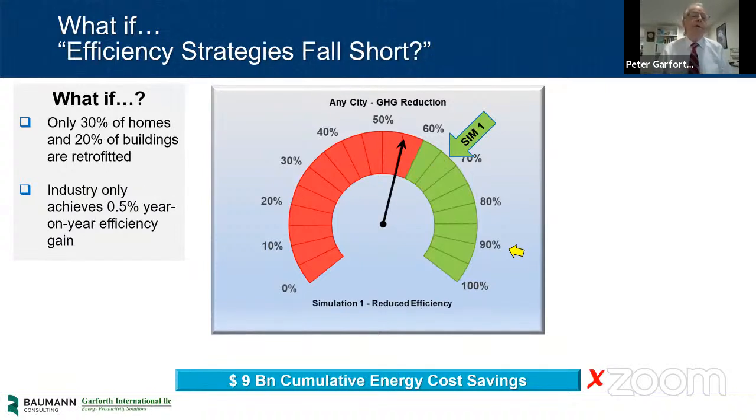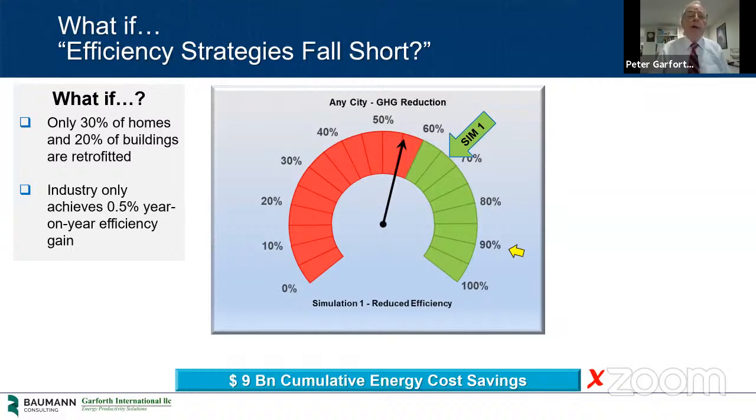What if the efficiency strategies fail? In other words, instead of 80% of the homes, we only retrofit 30%. And instead of 60% of the buildings, 20%. And industry now meets the median good performance of 0.5% per year as opposed to 1.5%. Our cumulative energy savings now falls below the 10 billion target, and our emissions clearly are falling below the 60% target and making the challenge to hit the 2050 target much more